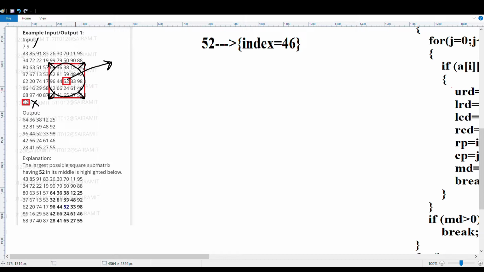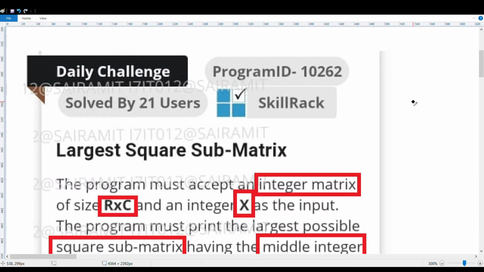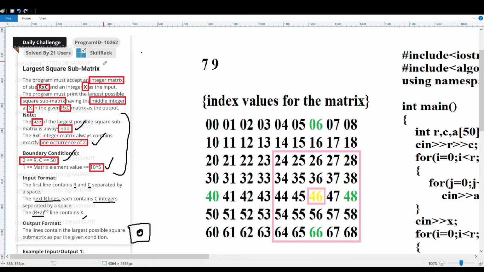So moving on to the main explanation part, I'll just tell you. There we saw 5 and 9 as input, right? So from 0, 0 it starts and it goes up to R minus 1 and C minus 1. So we get 68 here.